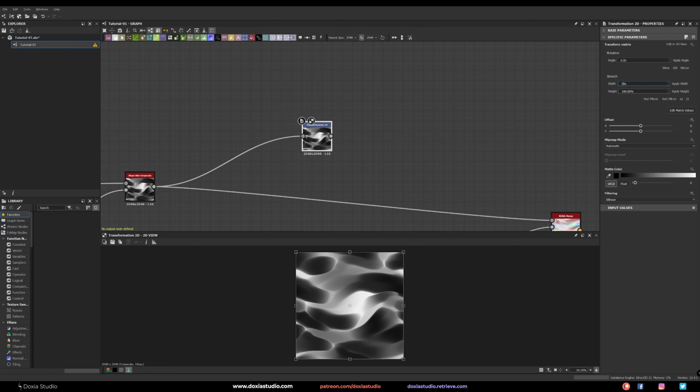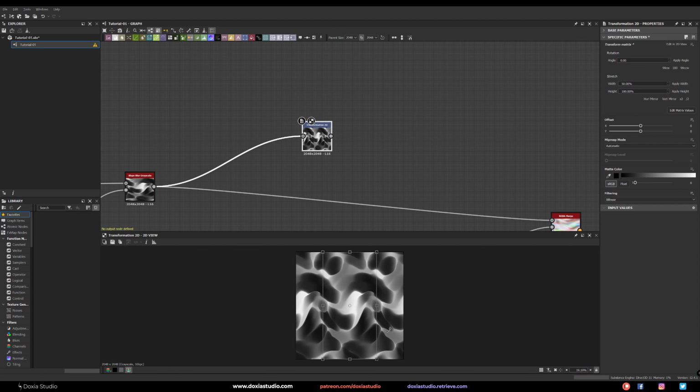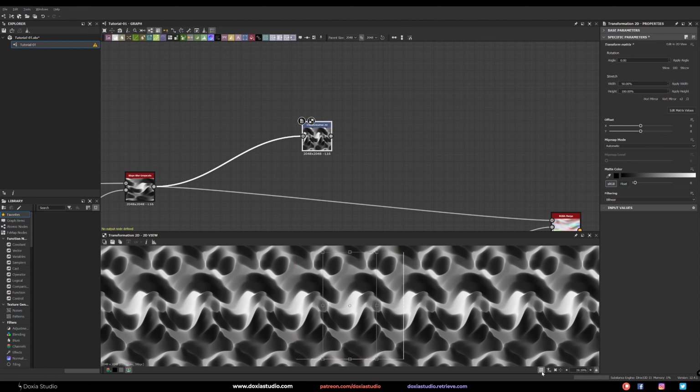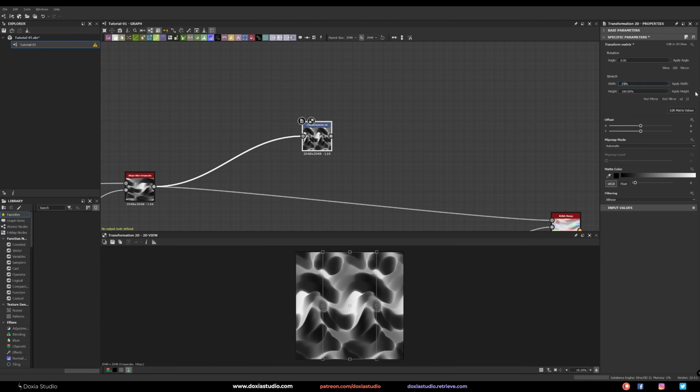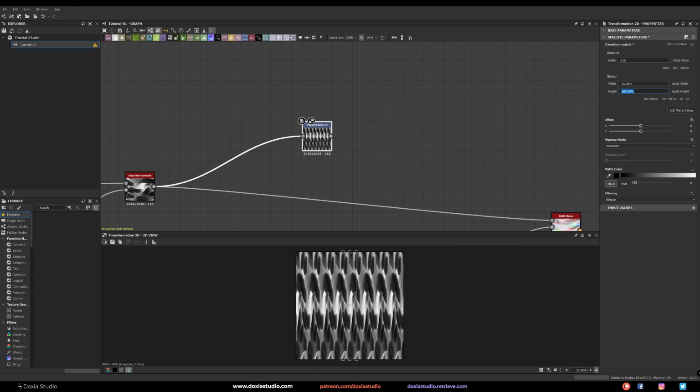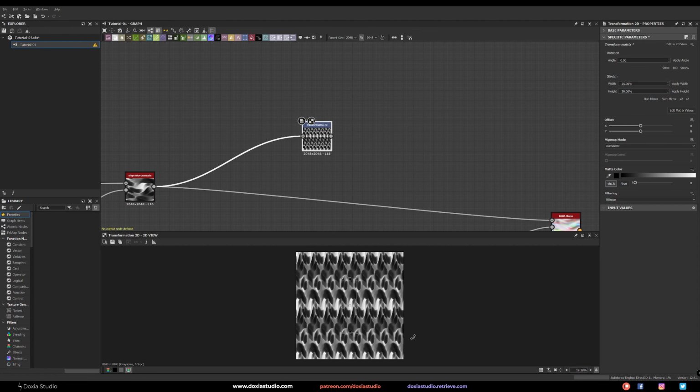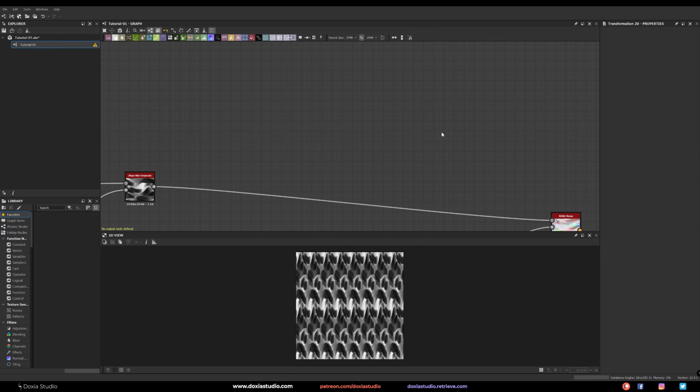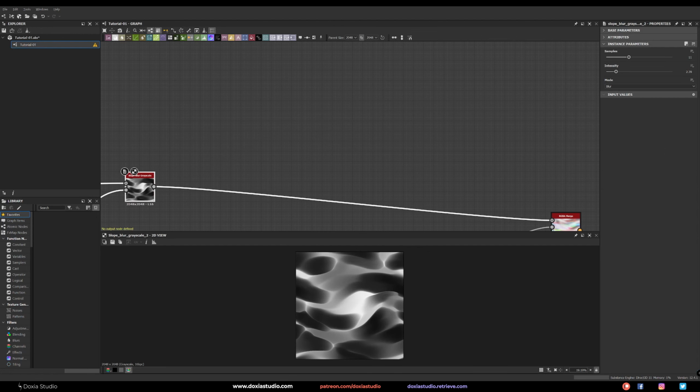Imagine if you have something like this, multiply with, you can control this and still be tileable. Or even like this, and increase this. So you want to have a transform 2D there to control the tiles.